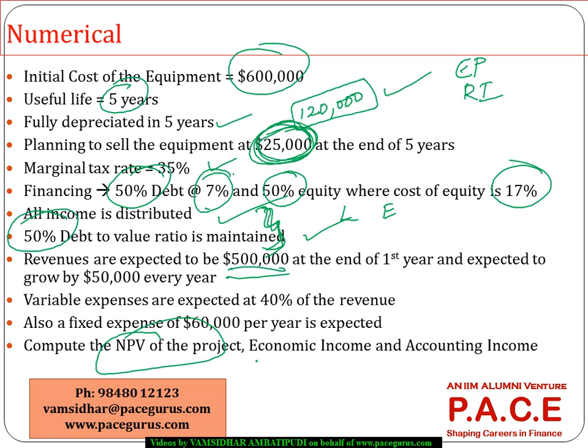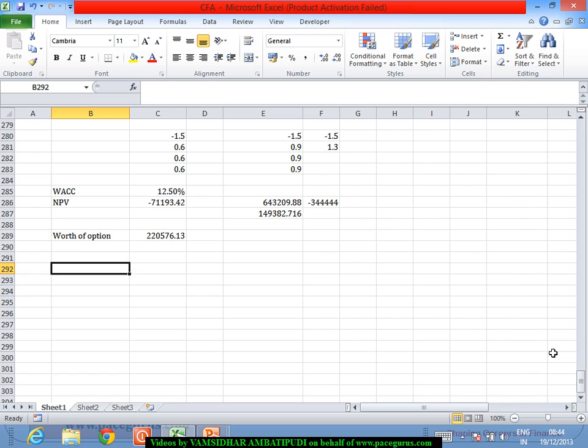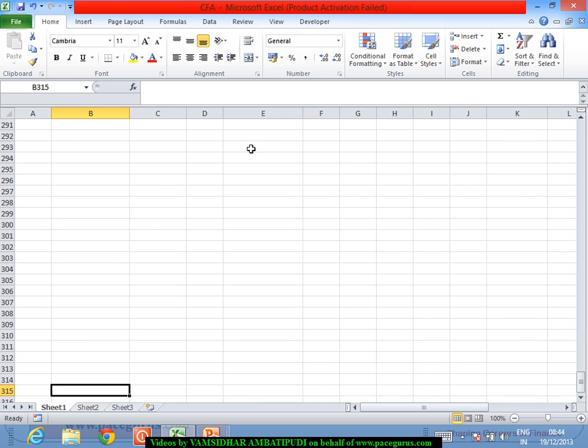How do I look at it from the economic income perspective as well as accounting income? How do I make out what is the economic income and what is the accounting income in each of these cases? So first of all, compute the cash flows, right? Once you compute the cash flows, we can look at the economic income or the accounting income in each of the cases. So that's where I'll look at year 0,